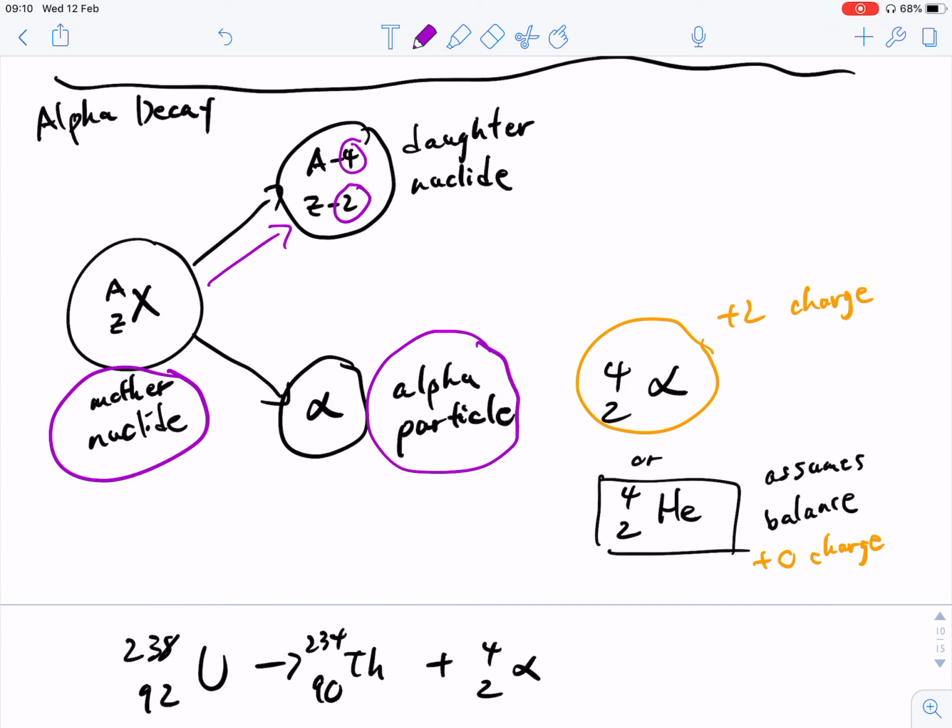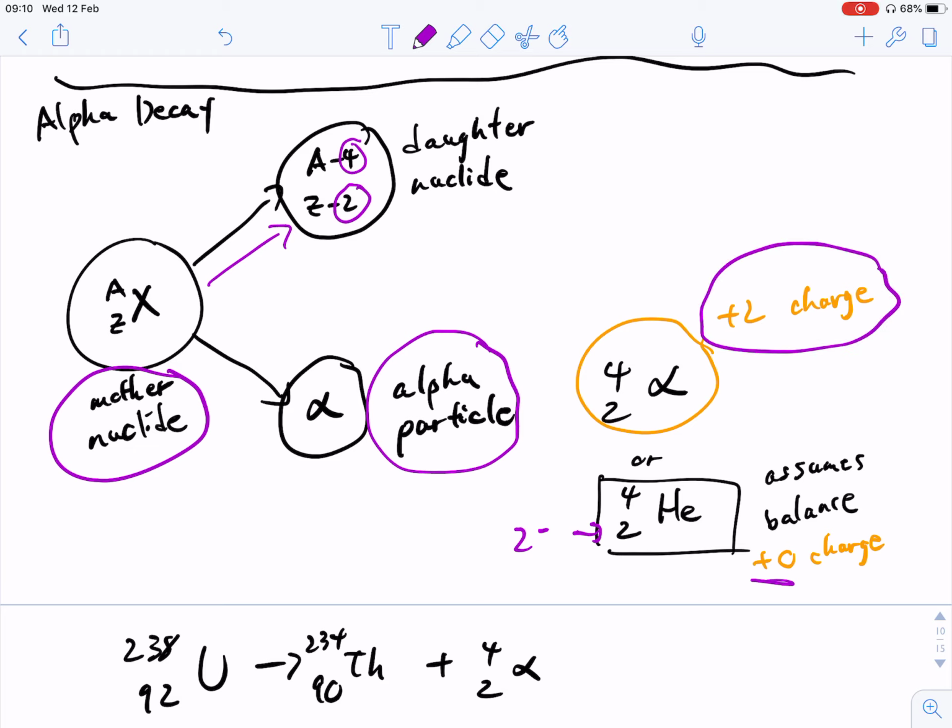Okay, so the difference between our alpha particle and our helium atom is that a helium atom is a balanced atom, meaning it has no charge. There are 2 protons and there are 2 electrons as well. So that makes it perfectly balanced at no charge. However, an alpha particle doesn't have the 2 electrons, and so it is purely the nucleus, meaning it has a